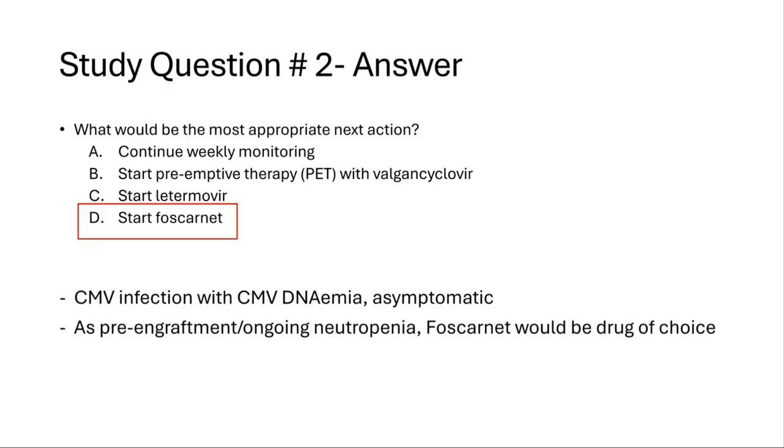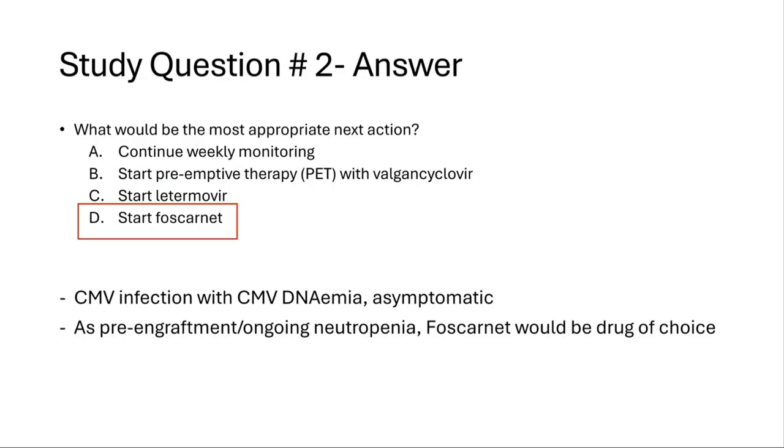Does CMV cause, like in solid organ, a higher rate of rejection of the organ? Would that be an issue with a high rate of GVHD with CMV? So there is such a correlation, yes, but likely not as strong as in solid organ. Yes, but a lot of other issues for sure.